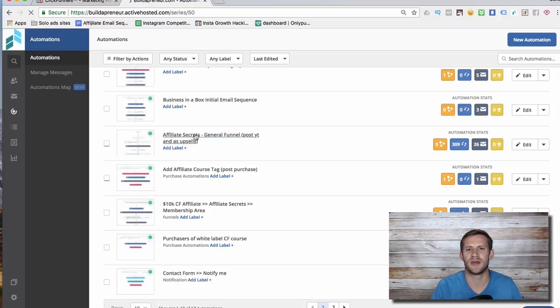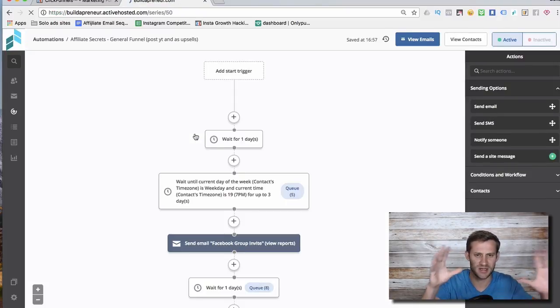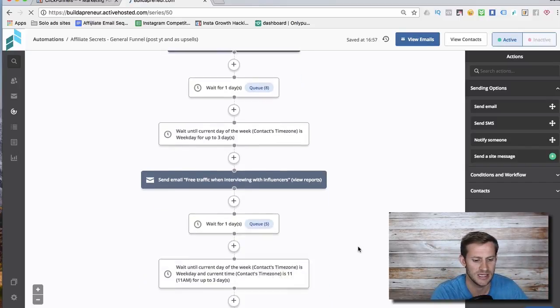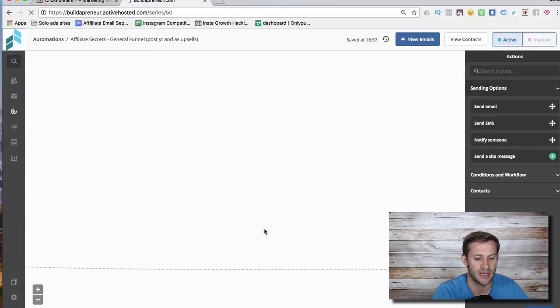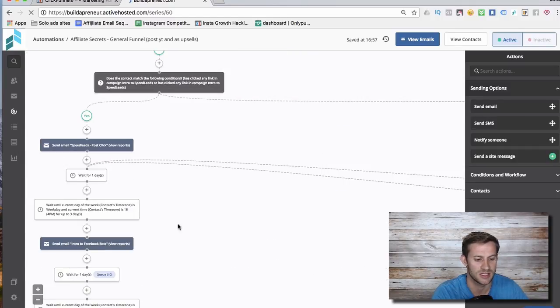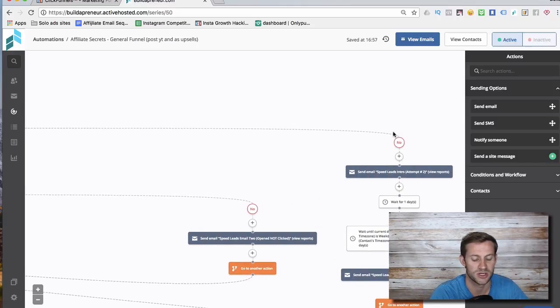So one beautiful thing about ActiveCampaign is the visuality of an automation, okay? You kind of want to just see it. You want to see what's happening, and you can see easily in the sequence here. I can see it sending emails. It's doing different things. I can see a split really easily, okay? So I can zoom out and see that it's basically splitting up this, and it's saying, hey, if the person meets this condition, for example, they click the link or whatnot, then do this. If not, do this. And it draws a nice little arrow and starts sending them these emails.